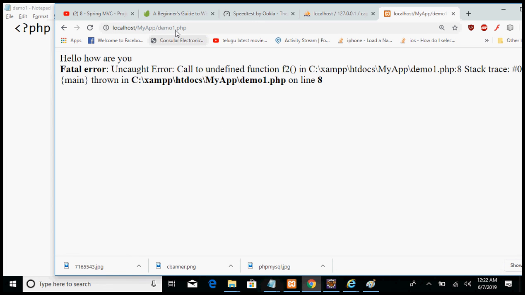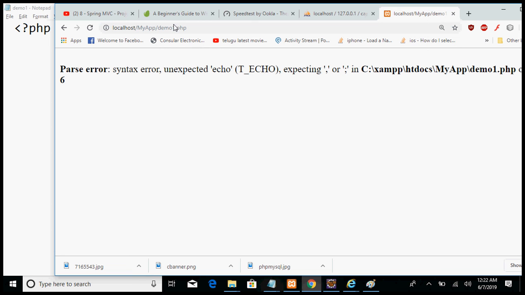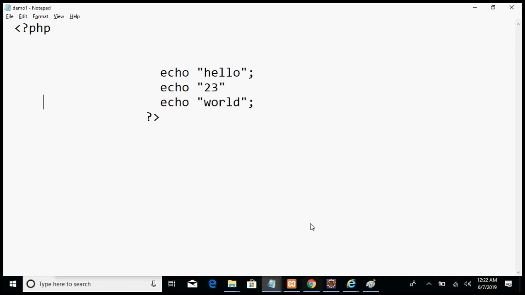Go to the browser part and click on enter. See, which error are we getting? Parse error. It is clearly showing that we require a semicolon at the end. So this type of error we will get whenever we do